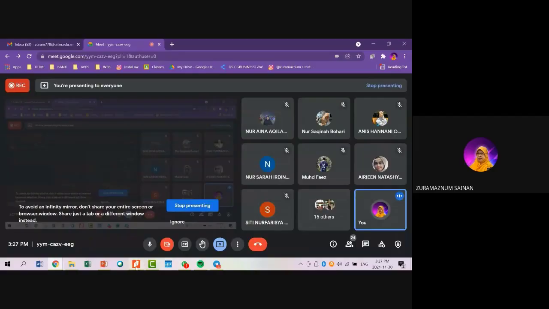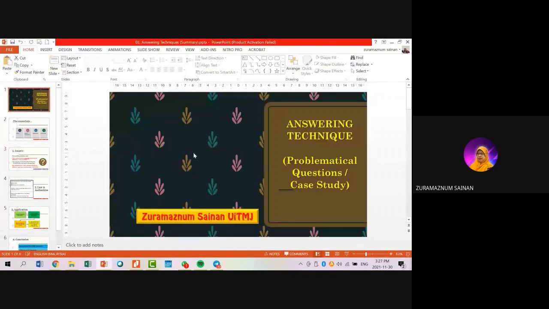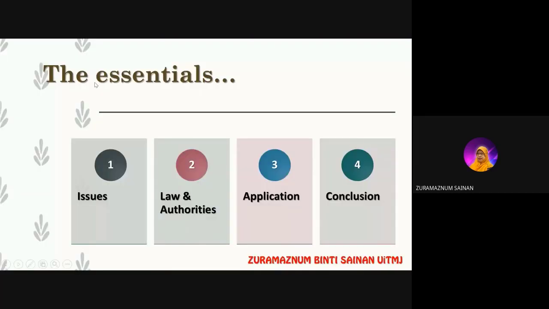Today I'm going to guide you regarding the technique of how to answer the problematical question, or case studies. Now I'm presenting to you, first of all, the introduction, how the answering technique for the problematical question or case study works. The essentials, what must be in your answer, is that there are